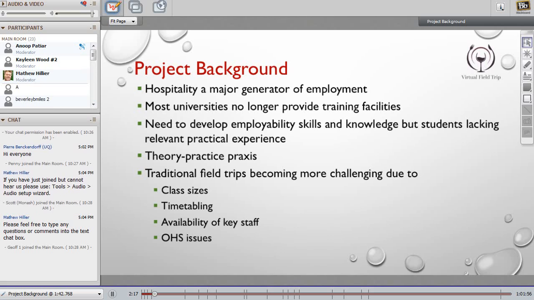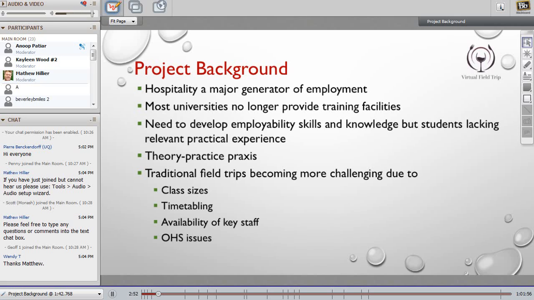Already there is a shortage of around 38,000 qualified staff, and it is forecast that by 2020 it will rise to 123,000. So employability is one of the major issues in Australia and all around the world. Everywhere you talk to the industry, they are talking about the shortage of qualified people.